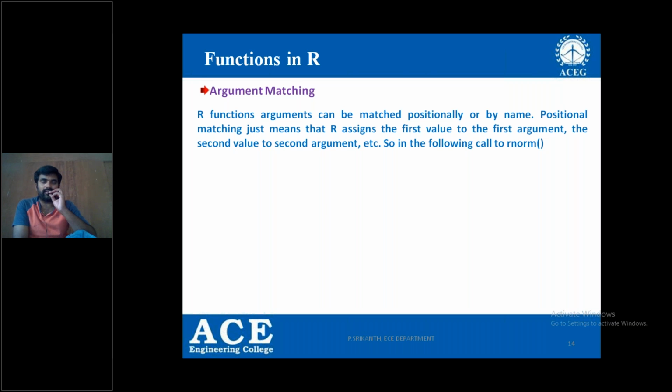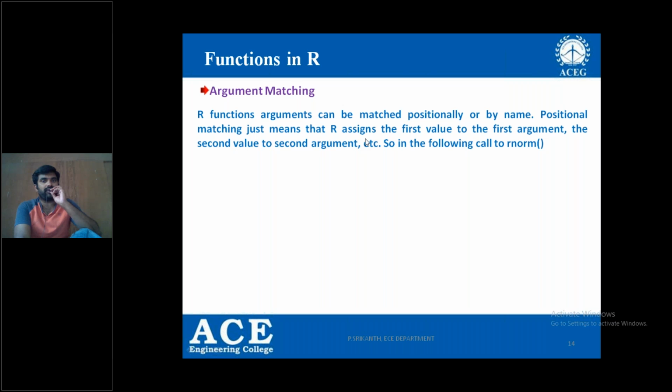Even in the R language, the advantage is that you can change the order. The first argument may be mean square and the second argument may be mean value; the only thing is the names must be matched. I'll show here: can be matched positionally or by name.